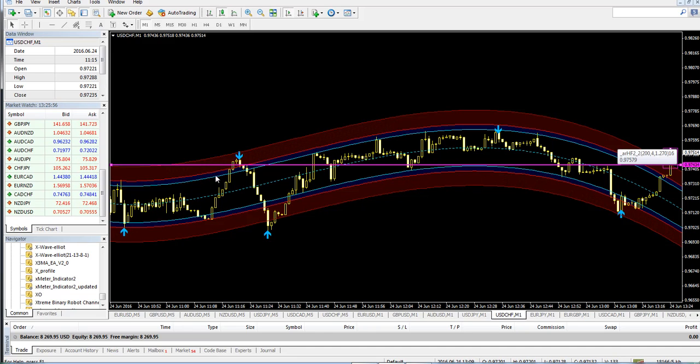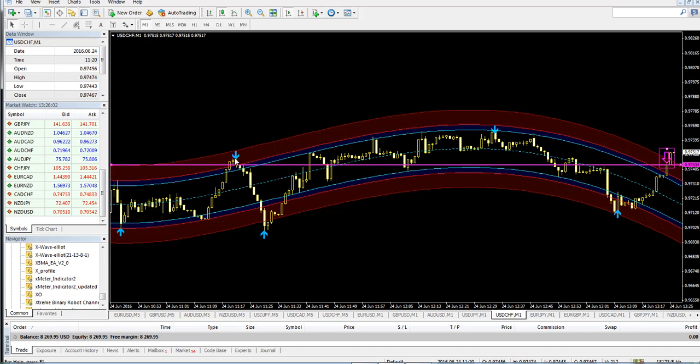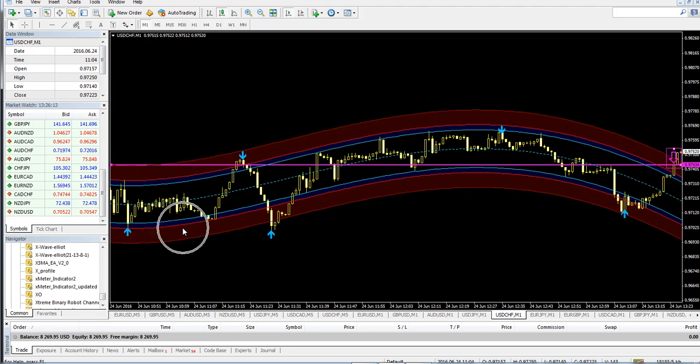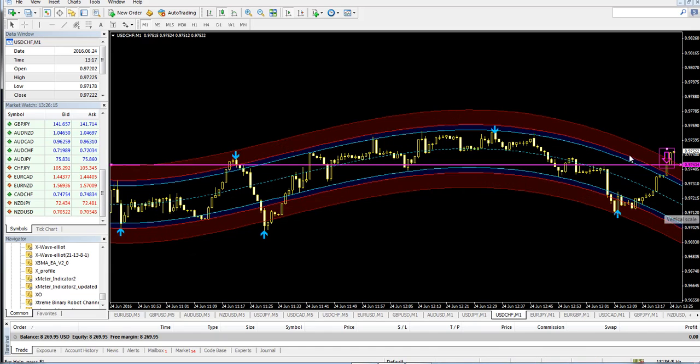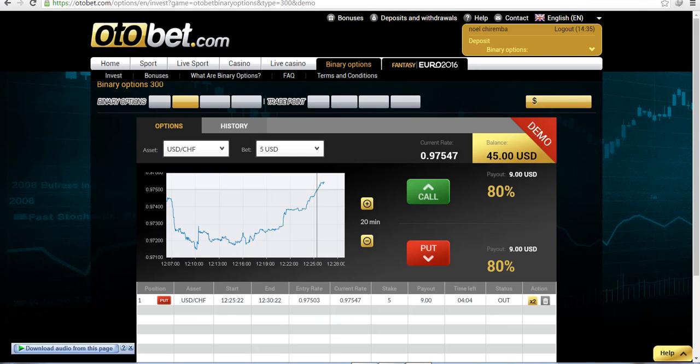If you check the previous trades, like even here, when it reaches the red zone, it will definitely come back down. The same applies here, and here, a lot of opportunities. So for now, the price is above our entry point, but that's not a problem. This is when we end our trade, and this is our main line, the entry line. So the price that we are looking for here is, let's see,